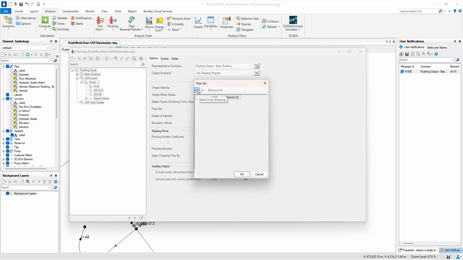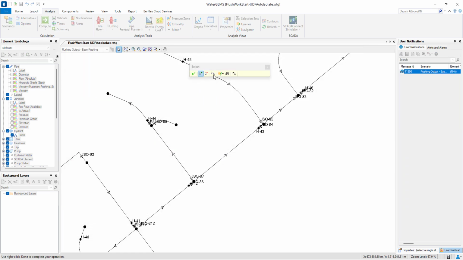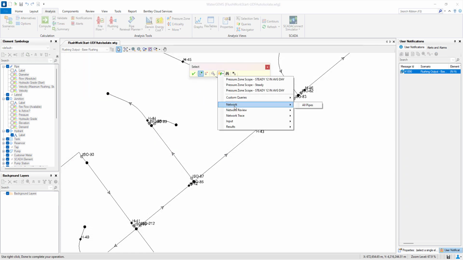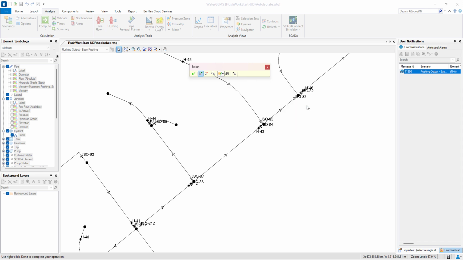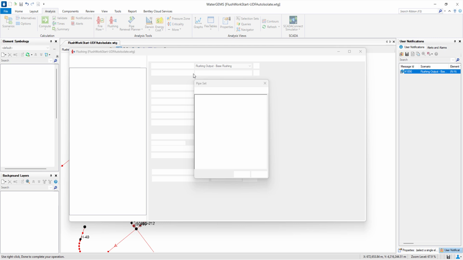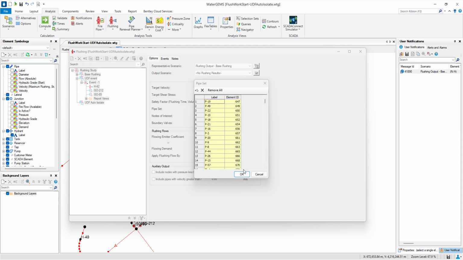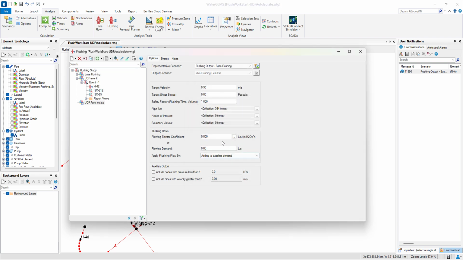For pipe set, we'll select from the drawing. In the drop down of queries, we'll select all pipes. We'll click OK. For emitter coefficient, we will keep the same value of 12.04,